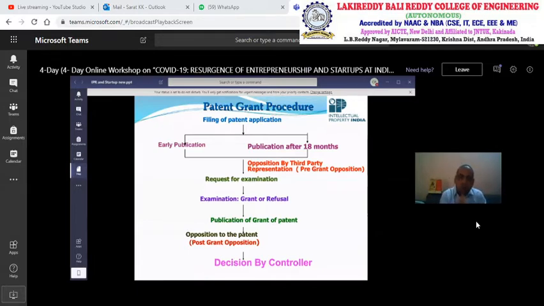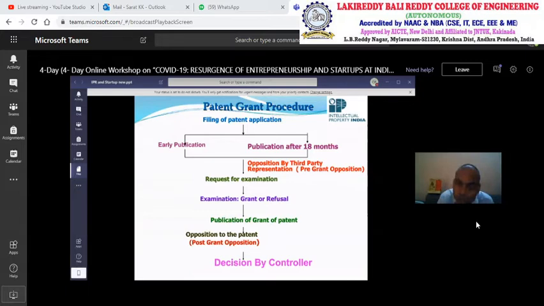After filing a patent application, it gets published in our journal. We also have a patent journal. Every Friday we are publishing patents; only the abstract is published. So every Friday, throughout the territory of India, we publish in our journal, called the Indian Patent Journal. It's also available on our website, you can see it there. After the filing of your patent, within 18 months it will get published.